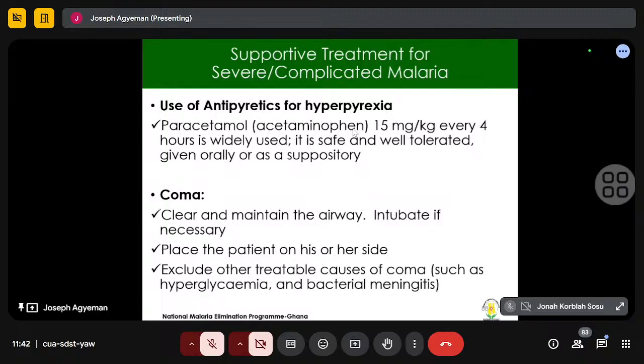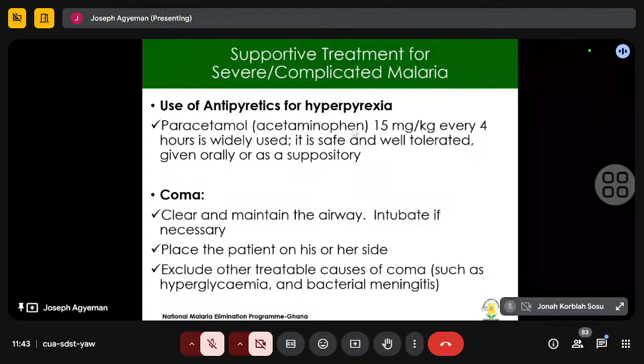If the patient doesn't qualify for intubation, which means the patient is better, to avoid aspiration, you keep the patient on his or her side, so that if the patient is aspirating, it cannot pass through the airways. Of course, such comas normally come with complex infections. And for all you know, there are other possible infections in addition to the malaria. Stubborn infectious agents like Pseudomonas and what have you, even causing issues like bacterial